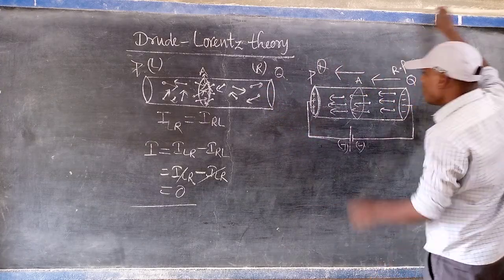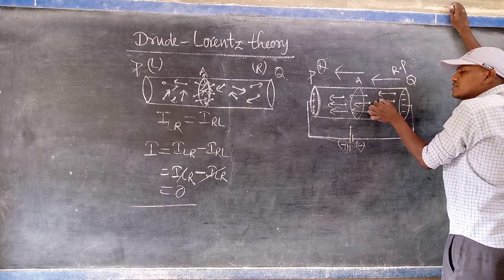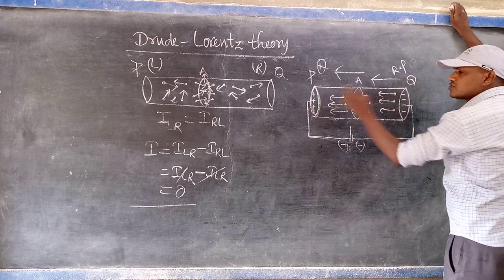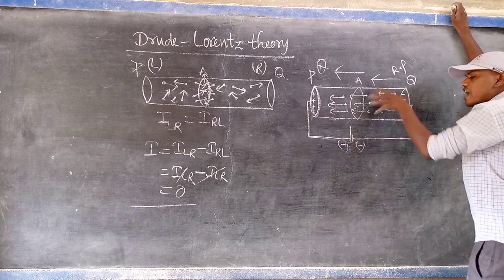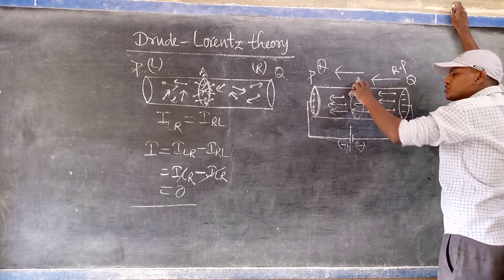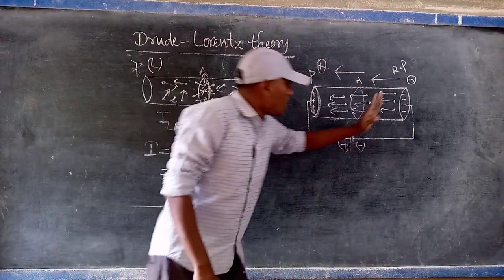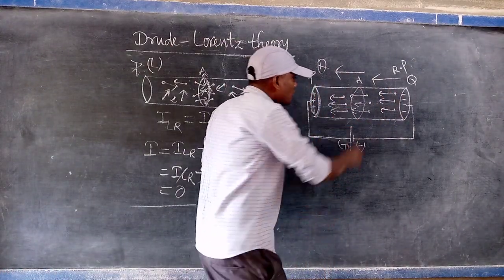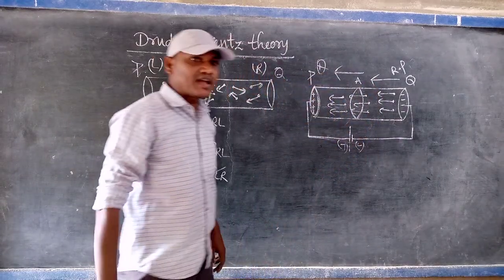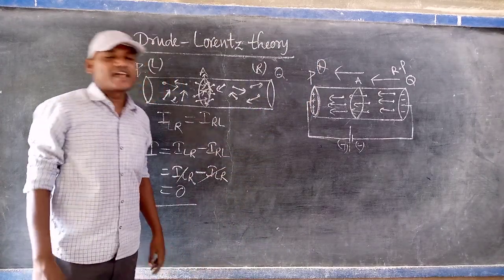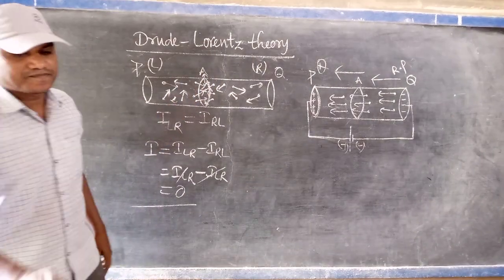So on the electron, two forces act simultaneously. One is the repulsion force, another is the attraction force. These two forces act on the electron in the same direction. That's why every electron is set into motion from the negative charge to the positive charge, from one end to another end. So the number of electrons passing through the unit area is not balanced, because all are moving in only one direction. That's why current flows through the conductor.